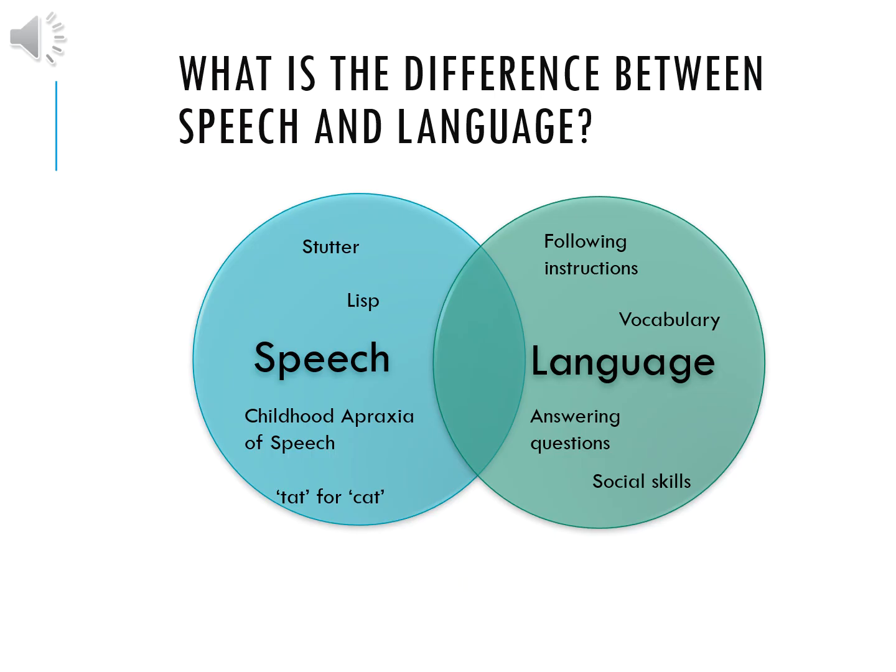Speech, on the other hand, is the way that we pronounce our sounds. You may have also heard it being referred to as articulation or phonology. If a child has difficulty with their speech or articulation, perhaps they say tat instead of cat, or maybe they have a stutter or have been diagnosed with childhood apraxia of speech, this means that they have difficulties with their articulation of speech sounds. This doesn't mean that they won't also have difficulty with their language skills. A number of our students fit into that middle part of the diagram on your screen, where they experience difficulties with both speech and language.